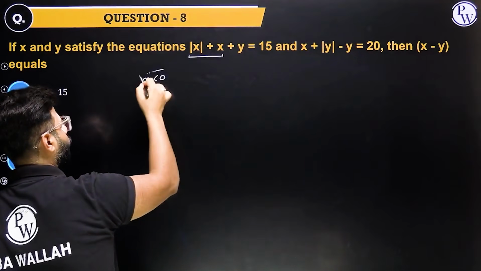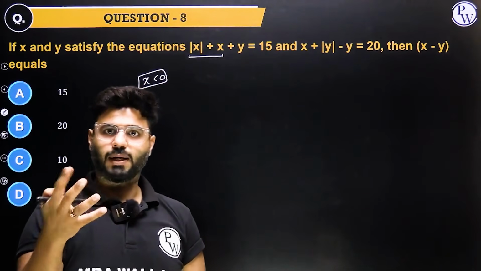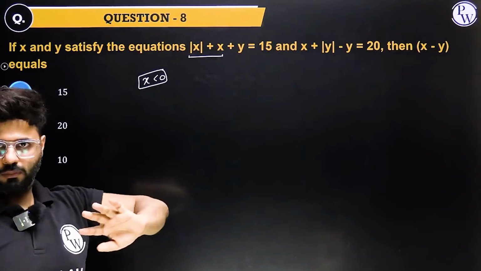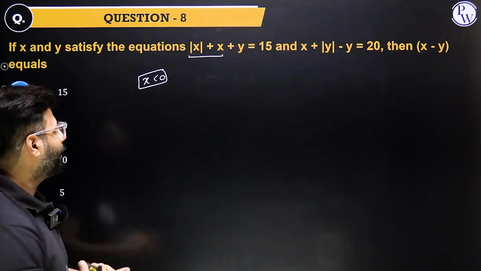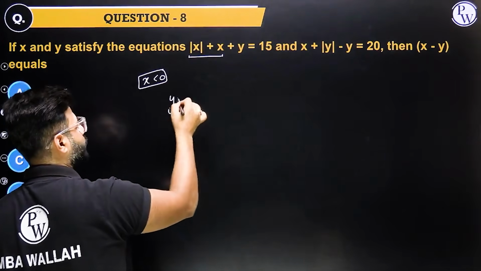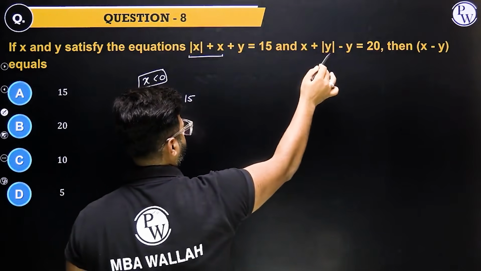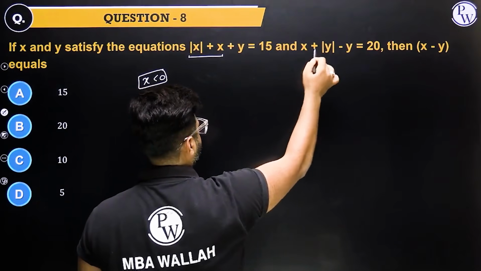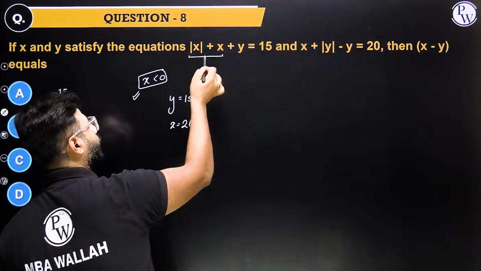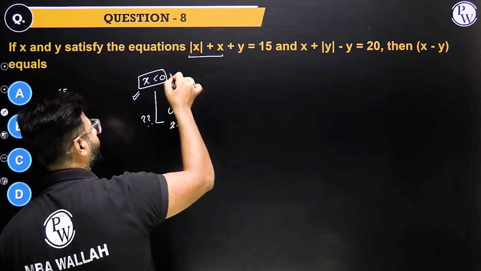See, I have to do 4 cases, otherwise. x plus y minus x plus... so much time taking. Let's first put x less than 0. Solve this. If x is less than 0, this guy goes away. This becomes 0. That means this equation is y equals 15. And now if I put y 15 over here, what happens? 15 minus 15, 0. That means x comes out to be 20. But we assumed x to be negative while solving this. So contradictory. That means x negative not possible.